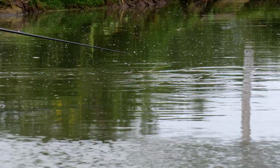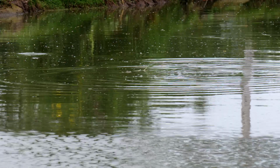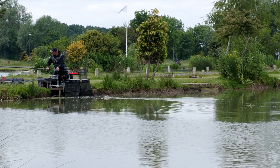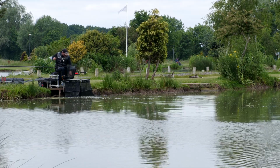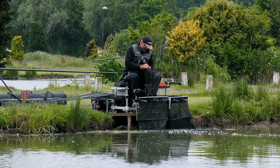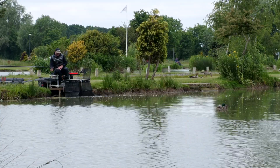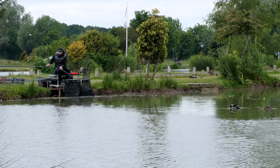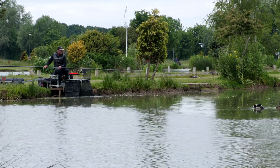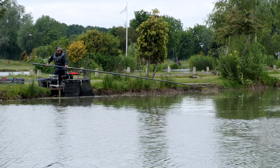So this is where I'm going to pick up this shallow rig. I'm going to pick up the 10-inch rig because the better fish are swirling for the bait, literally inches underneath the surface. So I'm just going to land this little pecker and we're going to swap to the shallower rig. So unhook this little beauty. Hello mate, go see your buddies in there. So let's have a go with the 10-inch rig now, because I'm almost positive that the fish are coming into my bait really shallow. Like I said earlier, maggots are a very slow sinking bait, so they're coming right near the surface now